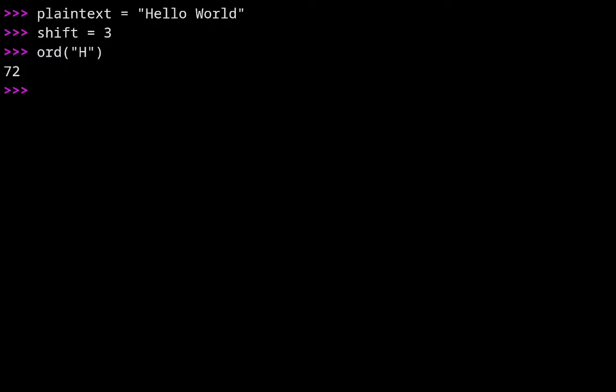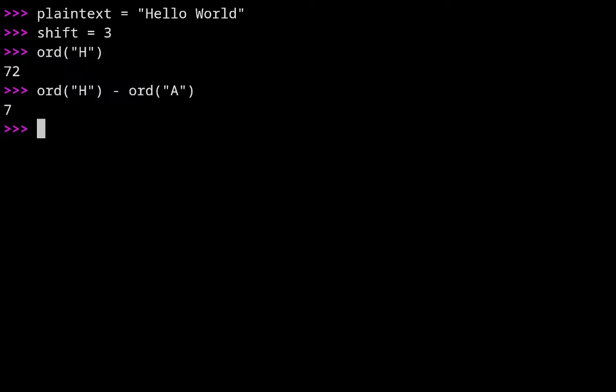So what we can do is subtract the ASCII value of capital A from the ASCII value of capital H to get a number in the range 0 to 26. Similarly, for small letters, you can subtract the ASCII value of small letter a from that character's ASCII value to get a number in the range 0 to 26. From there, we can implement Caesar cipher easily. So, like this. The index of H in 0 to 25 would be 7 because it's the 8th character.